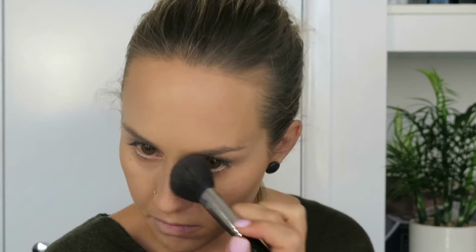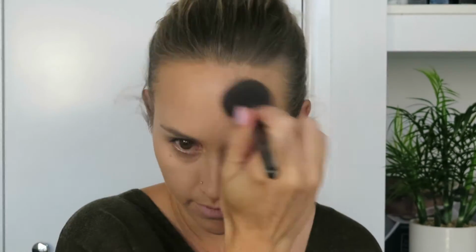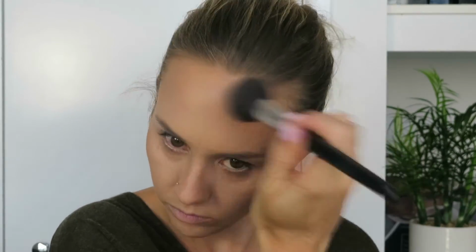In with number 5 contour and buffing it over the areas that we put the darker liquid concealer, just to draw those areas out a little bit more. Brazilian Light Bronzer, as you know, this is my favourite at the moment, a nice olivey tone, and we're just working it around the perimeters of the face